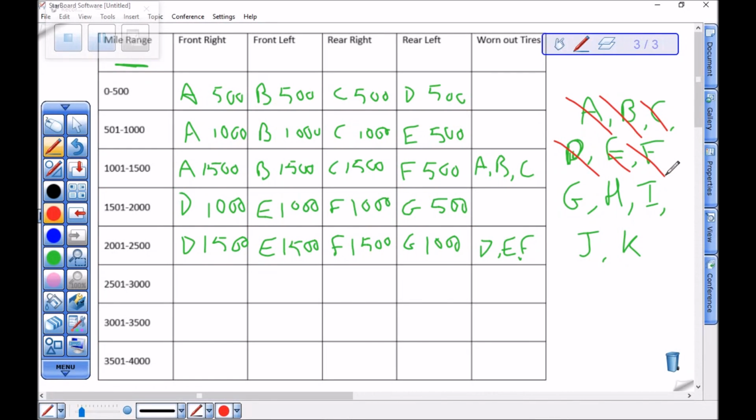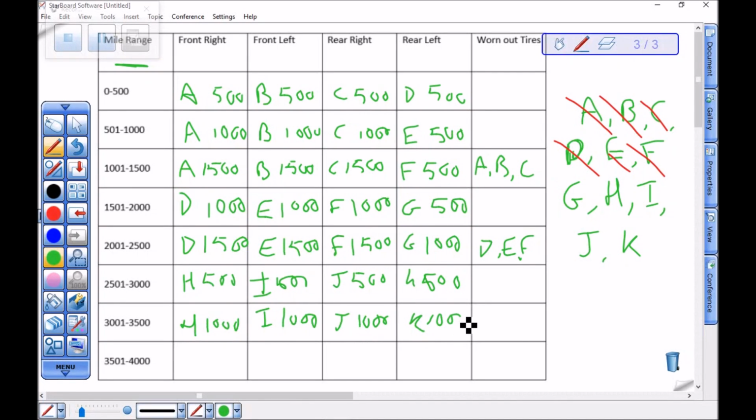However, at this point, I've only used 7 tires because I have used G, and I only have 1,500 miles to go. So for the last 1,500 miles, I can use H, sorry, wrong color, H, I, let's say, J for 500, K for 500, and then, again, I can use H, get it up to 1,000, I will get that up to 1,000, J will get that up to 1,000, and K will be at 1,000. And then one more time, H to 1,500, used up H,